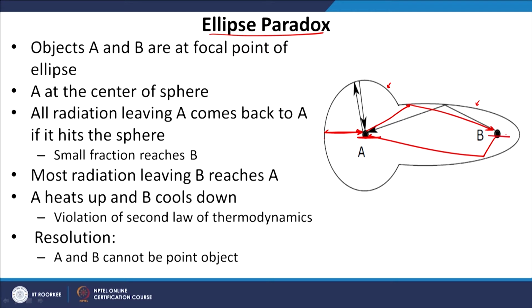That means, if they are represented as a point, then heat transfer cannot take place the way we have defined it. So, point objects are not possible in radiative heat transfer. There cannot be a surface which is point-like, which is zero dimension in shape. So, in radiative heat transfer there cannot be any zero-dimensional shape, any point surface which emits or absorbs radiation, and that is the difference in the theory that we are going to discuss in this lecture.